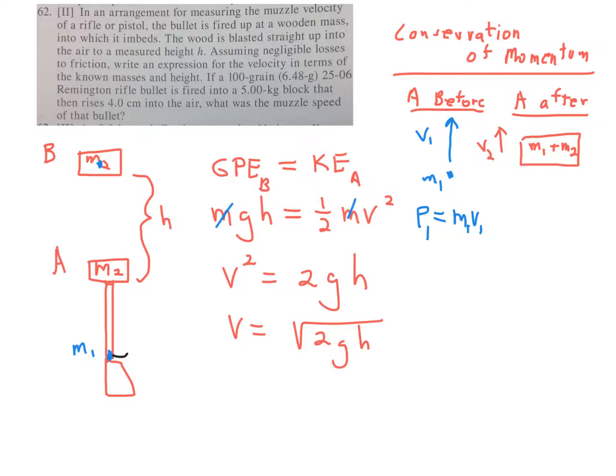Alright, well, that has to be conserved after the collision on the right hand side here, but just immediately after the bullet embeds in the block. So you should have the bullet in here somewhere. It's mass 1 plus mass 2. So that says A after. The location A, just after the collision, we have P sub 2 equals the combined M sub 1 plus M sub 2 times V sub 2, which is the velocity after the impact. So those two quantities are equal to each other. In other words, P sub 1 equals P sub 2,